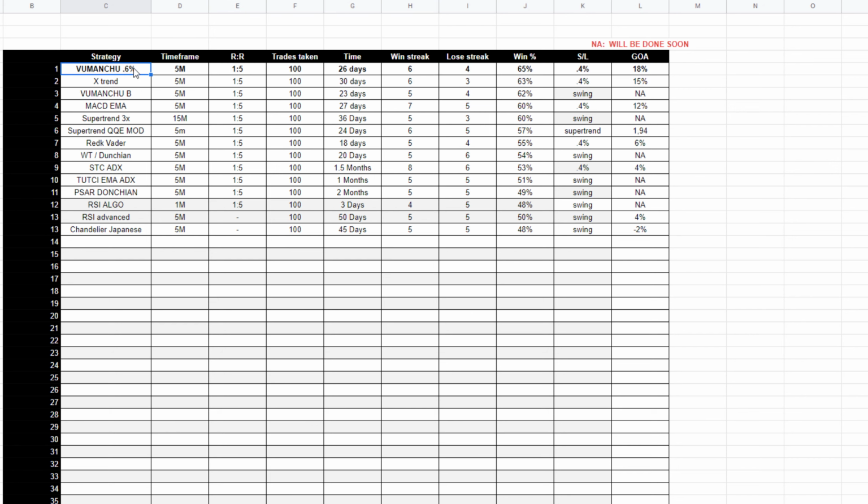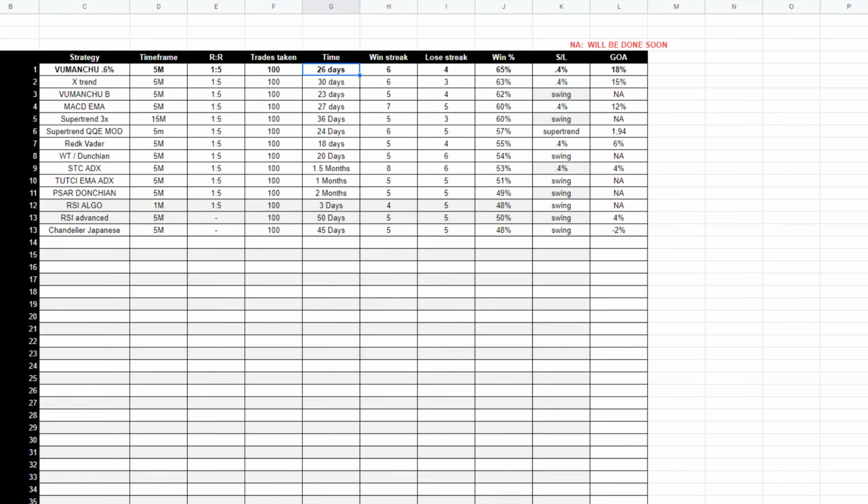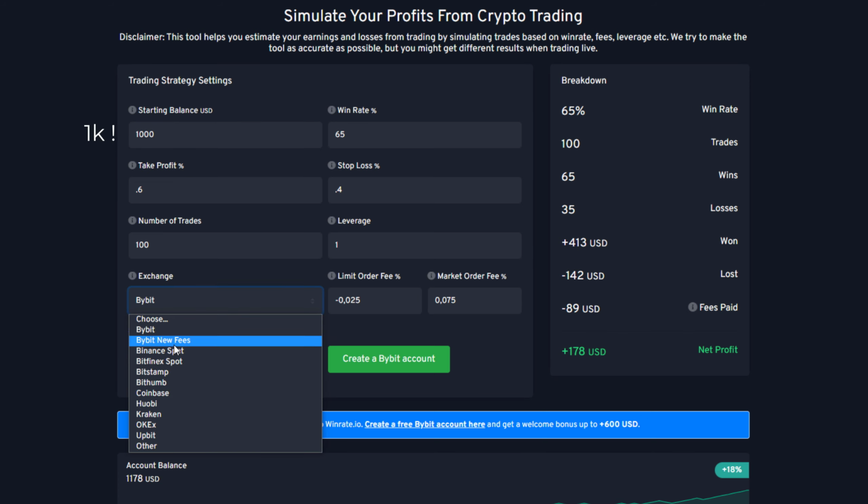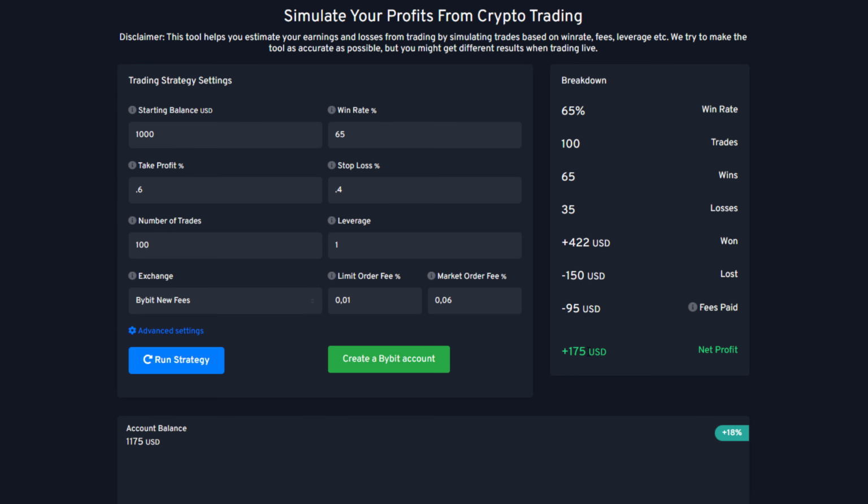It's the Vumanchu with the 0.6% profit taking. We have a gain on account of 18%. That's really good. And it took me 26 days. So you can have 18% in 26 days without leverage. So if you are willing to use leverage, let's see how much that is going to be. So this is if you had a starting balance of 100 and you have the new BYBIT fees, you would have earned